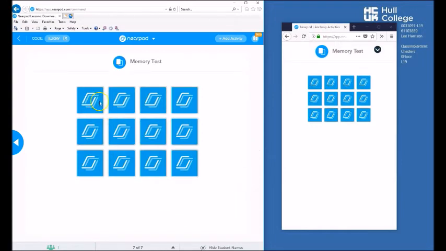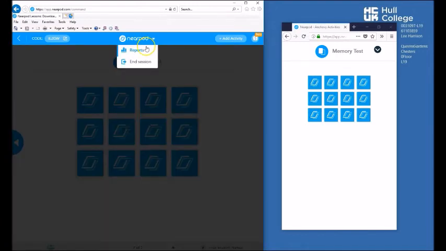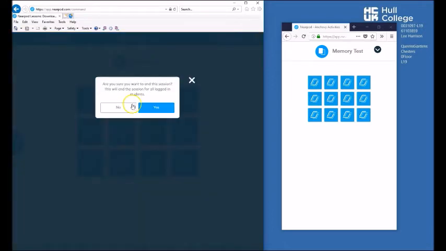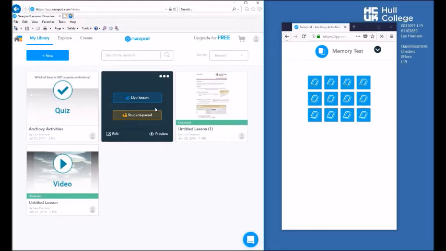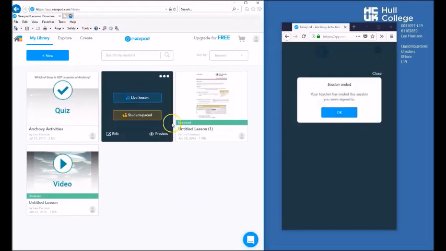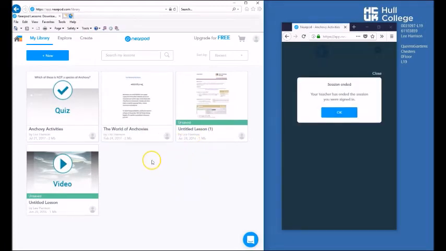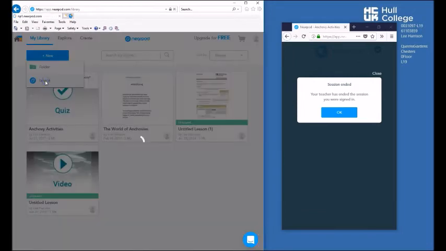And there's memory tests if anyone uses this kind of thing. When you are finished, again, you can get reports. Again, it's spreadsheet based, and we can end the session. Again, like the other apps, it's very easy to create new stuff. We just click new lesson,